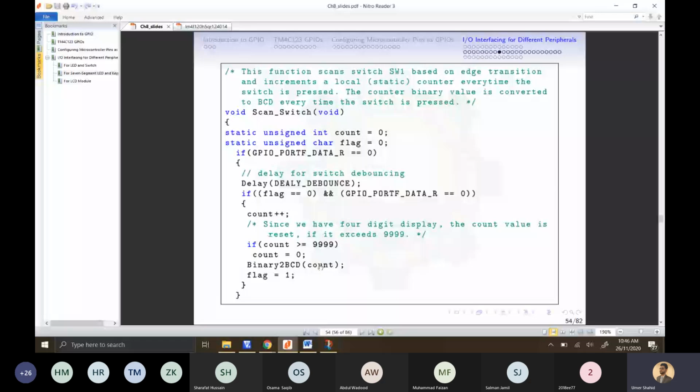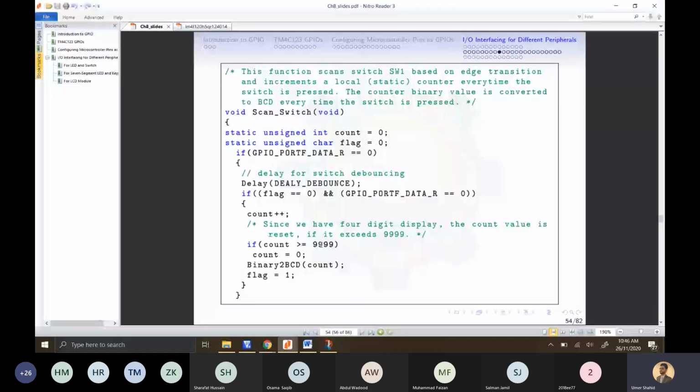So at the first time, 1 will flash at the 7 segment, 2 will flash 2 at the 7 segment, 3 will flash 3 at the 7 segment, and we will keep on iterating until 9999 is put at the 7 segments. So 4 segments will show you 9999. After that, it will give you a 0. So starting from all zeros, we will keep on